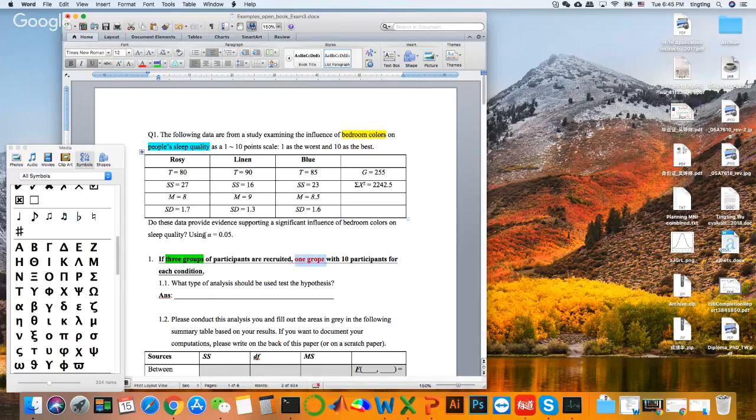This means in each condition, rosy, green, and blue, the subjects are different, right? We call this kind of design an independent measure design. So what type of analysis should be used to test the hypothesis? As we said, it's an independent measure design, so the answer is